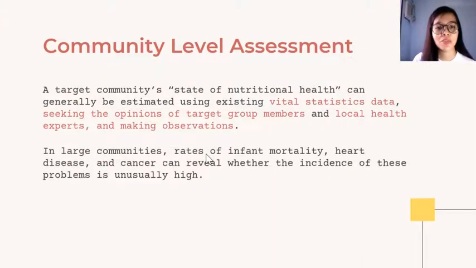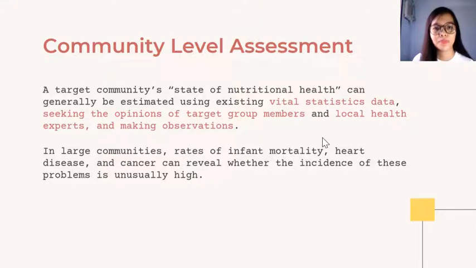Okay, so in large communities, rates of infant mortality, heart disease, and cancer can reveal whether the incidence of these problems is unusually high. With infant mortality, the mortality of your infants can actually be caused by malnutrition, although it can also be caused by other problems like birth defects or diseases. So it's not so sensitive, but still it's an important indicator of a community's health. Also with heart diseases and cancer, these can be linked to nutrition because these are lifestyle diseases, and they can be altered